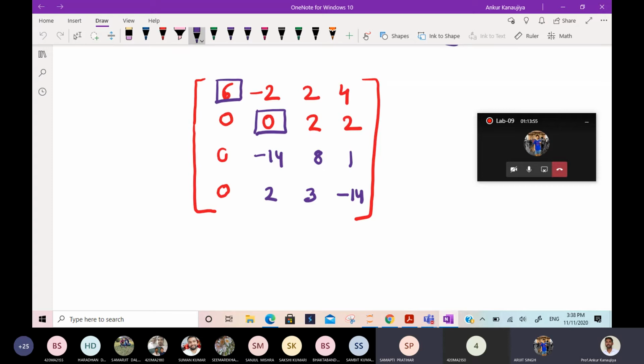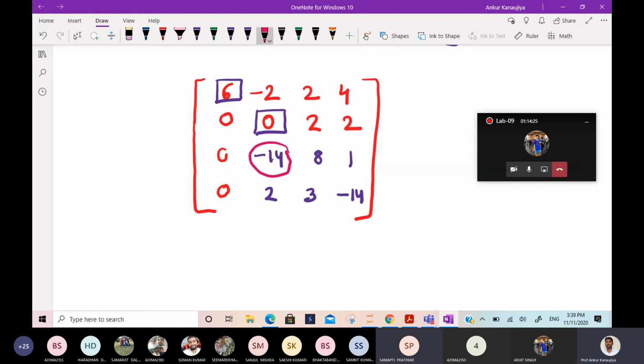So this minus 14 or the last entry? Which minus 14 will you choose? This is 3, 1 if you are saying third row, okay, no problem, you are starting from 1. So in this case 3, 2. So what we'll do, this entry we have to keep here instead of 6.